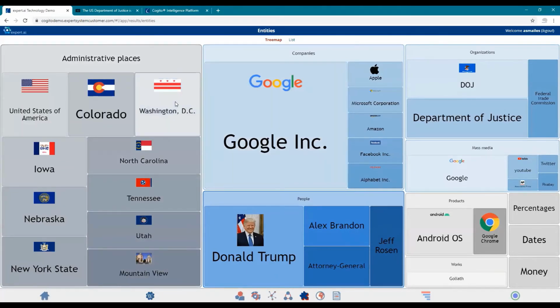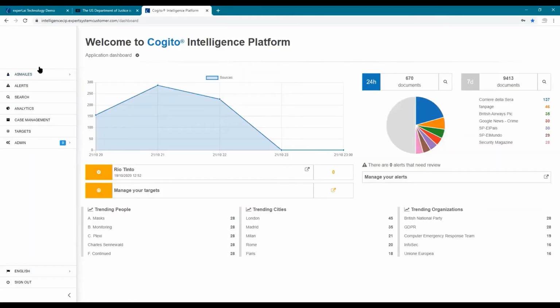So if you're going to do that to a document, now let's look at what you could do with a group of documents. This is the Cogito Intelligence platform. This platform is a standard sort of platform for looking at large quantities of documents. And this one has been tailored to look for sources relating to intelligence and using intelligence taxonomies. So you can see that it's ingesting documents in real time. There's 670 in the last 24 hours, for about 9,007 days.